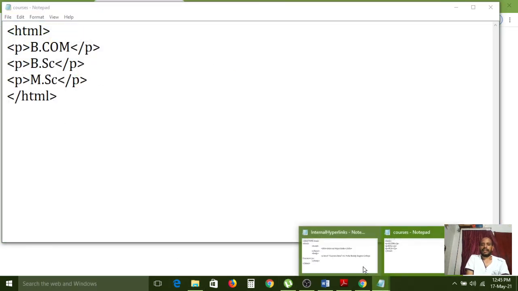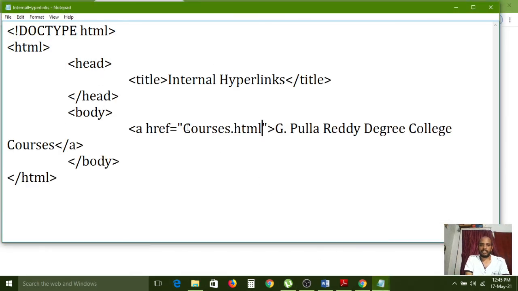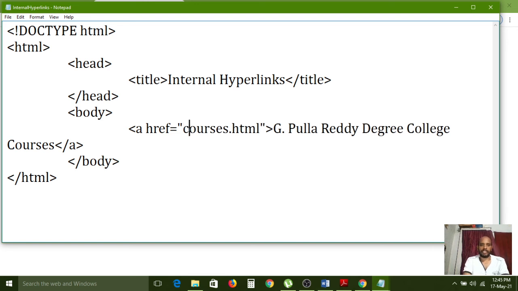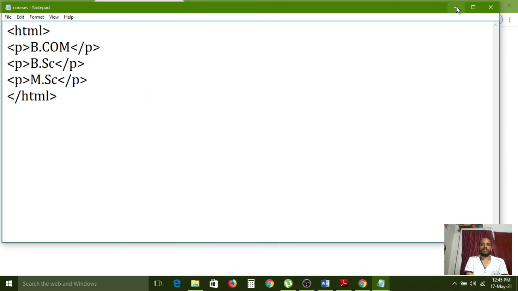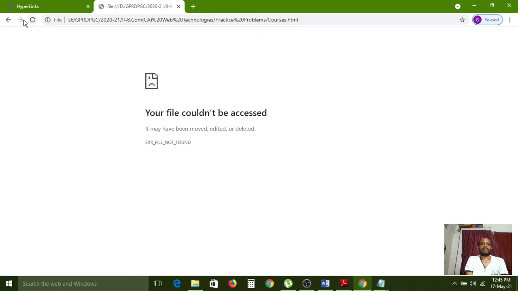In the previous file I have opened, see, I gave a capital letter, but I saved it with a small letter. So compulsorily we need to give that also, then only it can find it. Okay. Now I am going back to the location and reloading this page. Now I am clicking on this file. All of you carefully see what it is displaying. The text content BCom, BSc, MSc. So whatever courses we have configured in that file, it is executed.